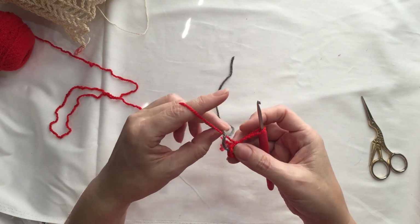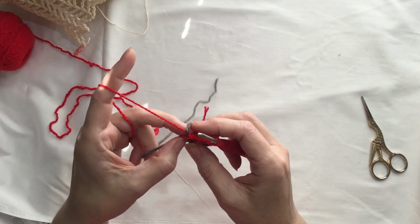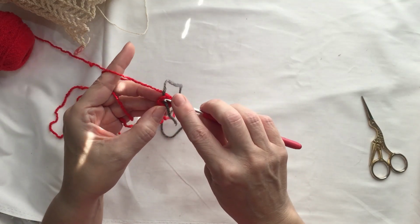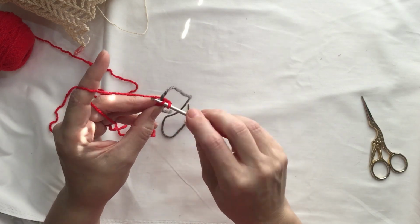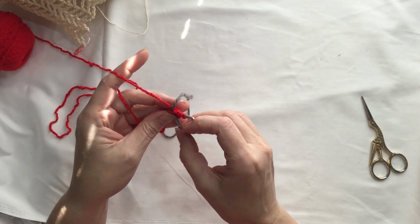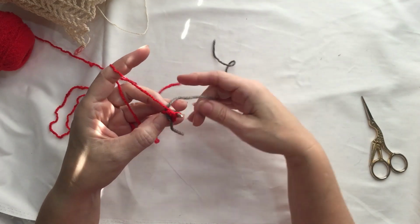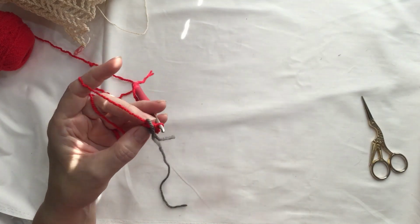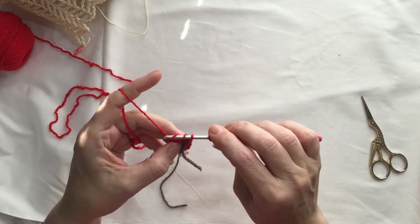We're going to put this contrasting yarn over the working yarn before we work into this marked stitch here. So, wait, that's not right. Sorry. Pull it over to the front because this is sticking out here. So we want to pull it over to the front, over the working yarn, go into that first stitch, do a single crochet,